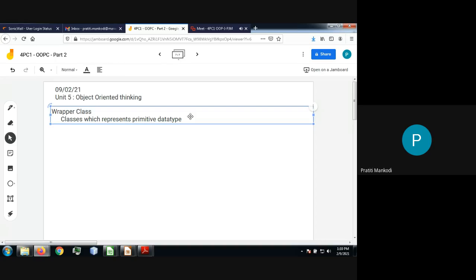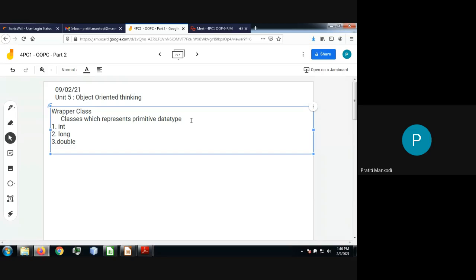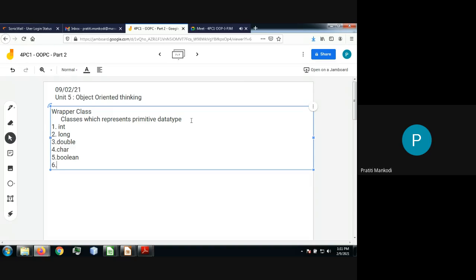Now, we know which are the primitive data types. Let's say we have integer, then long, then double, then character, boolean, and byte.